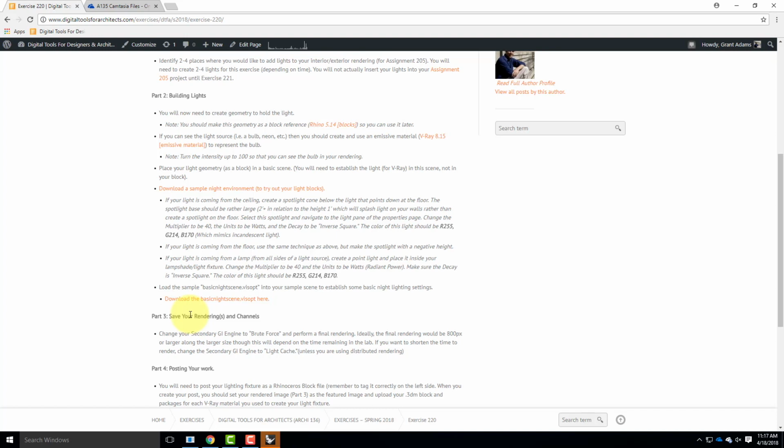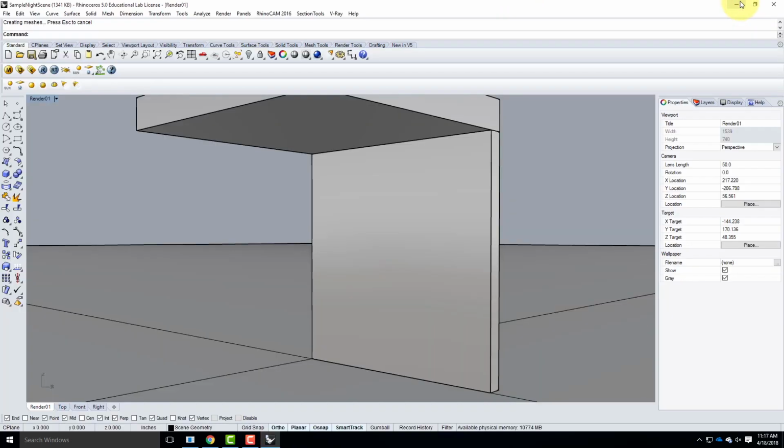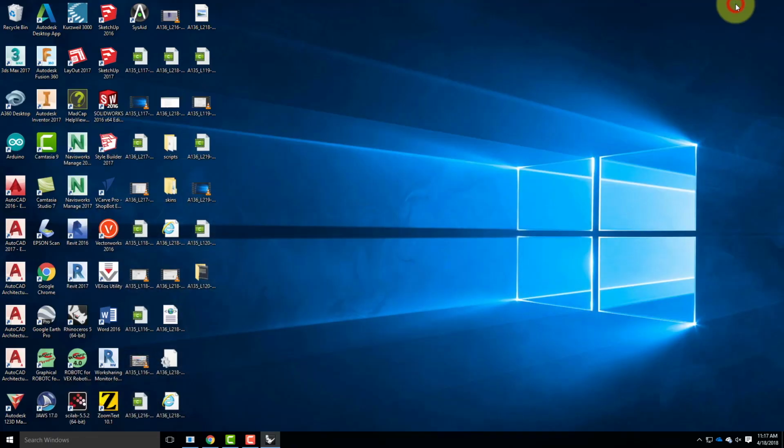V-Ray also takes its own light that actually does the light casting part, that makes the light show up at night. And so we have to create two things that make this light possible. The first piece of it is that geometry. So I'm going to start with the geometry. This is the night scene that we're going to ultimately be doing the render on. I'll leave that open and open up a new